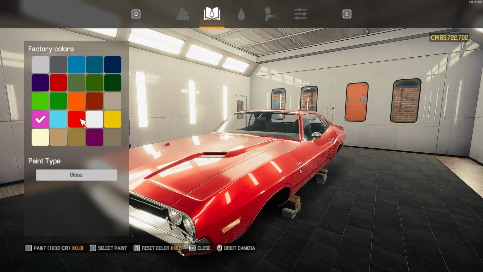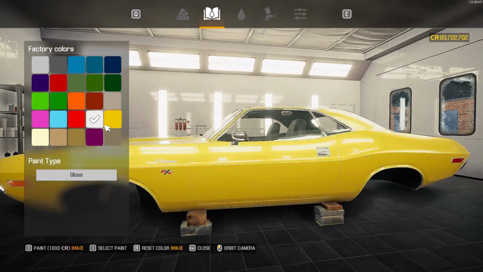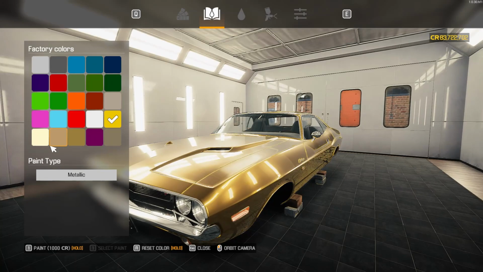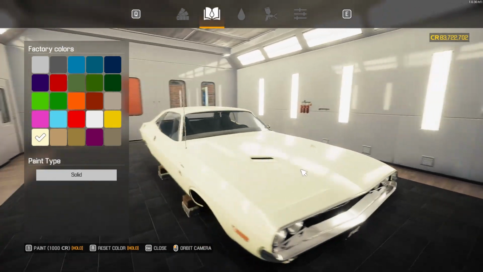A lovely light blue and a gloss red on there. That's quite a deep red. I quite like that one, but I'm not sure. Then we've got this normal white, a gloss yellow. That might work. No, I think I'm still in between the purple and, well, mostly just the purple as it